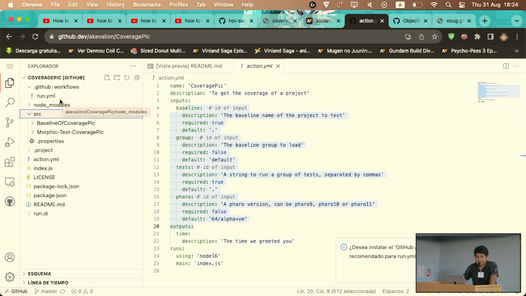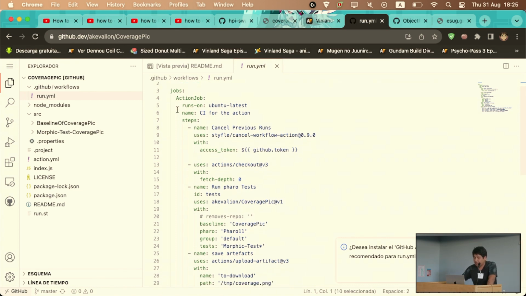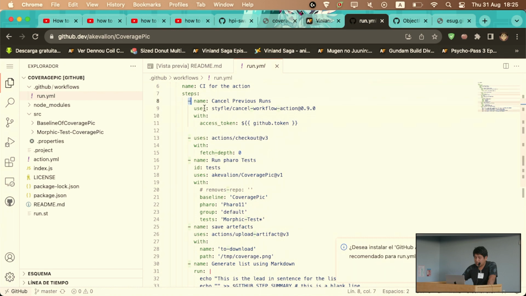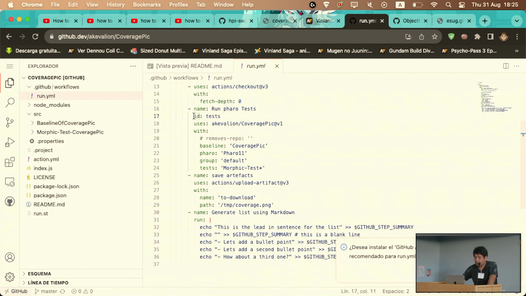The final step is that you have to define your YAML file, so you can describe how your action has to run and how you can use it. As you can see, it's kind of simple. Every time someone pushes something to my repository, it's going to execute these jobs, where I can cancel the last execution, and then download the repository,